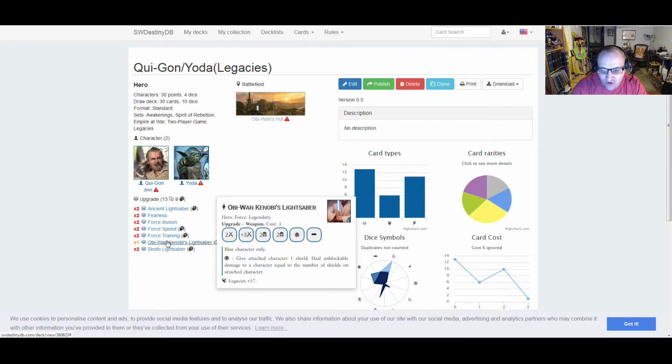We have 1 Obi-Wan Kenobi's lightsaber, 3 cost, 2 melee plus 3 melee, 2 shield, special, blank, blue character only. Special, give attached character 1 shield, deal unblockable damage to a character equal to the number of shields on that character. So with this, you're able to get a shield on a character and then deal a big amount of